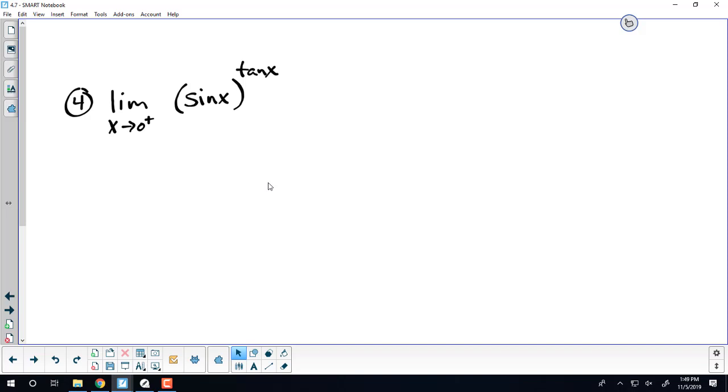Yep. Oh, okay. 1 over tangent x, so those derivatives will be able to. The natural log of sin x over tangent x. It makes the derivative. This is what I'm attacking. Yeah, this is the limit as x goes to 0. You have to have a natural log of